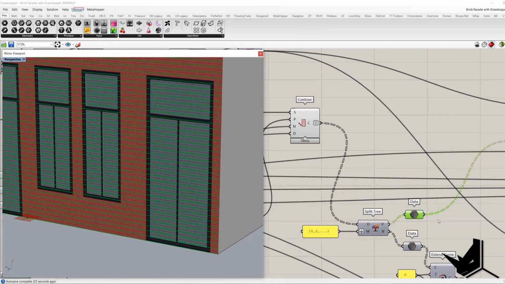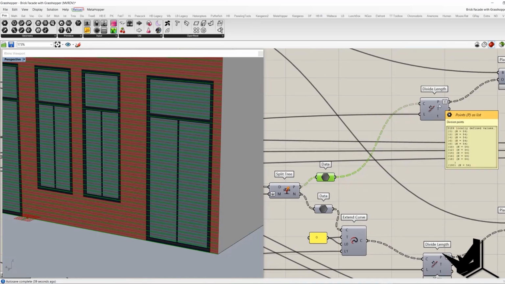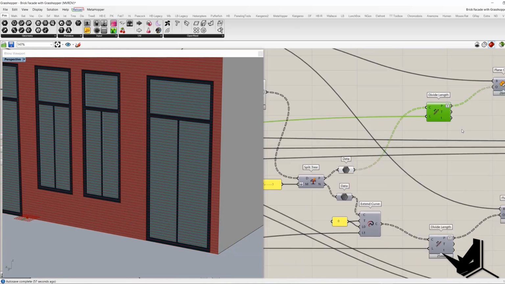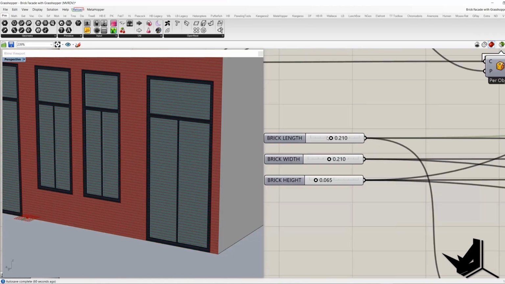So here we have one set of lines, and here we have another set of lines. Okay, so now we need to position the bricks on these lines. So we will use divide length in order to create the points. Now these points will be used to position the bricks. So using divide length, in the C we'll place these lines, and in the L we will position, and the